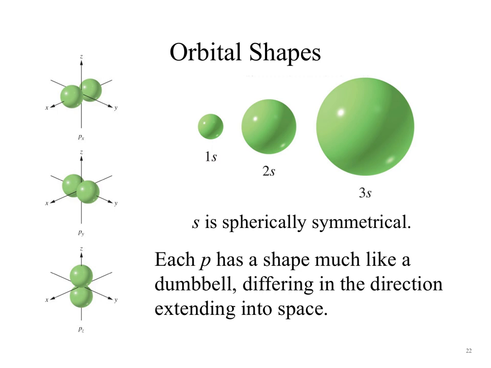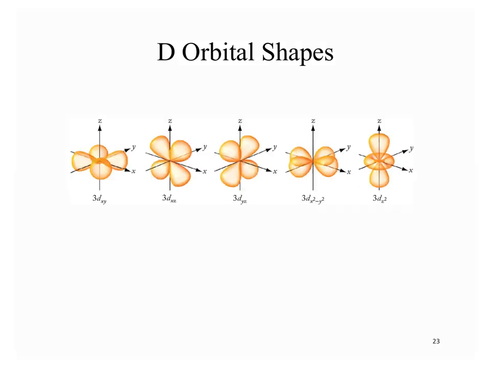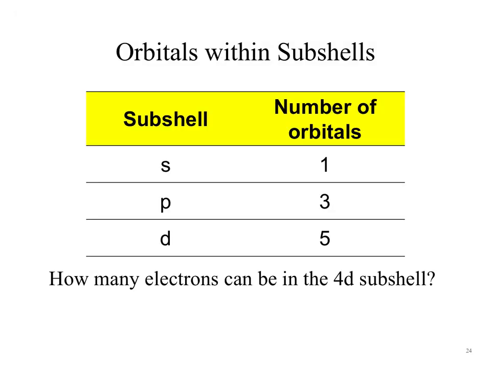Now let's look at d. D orbitals are kind of wickedy wild. They look like flowers, all the way up to here, which looks like a p orbital with a donut. But the take-home message here is there are 5 d orbitals. So we have 1 s orbital shape, we have 3 p orbital shapes, and then we have 5 d orbital shapes. So as a summary,